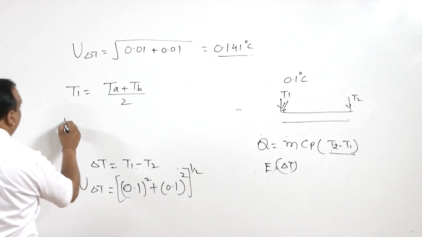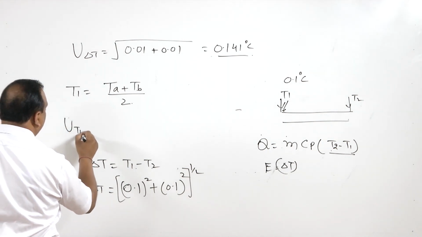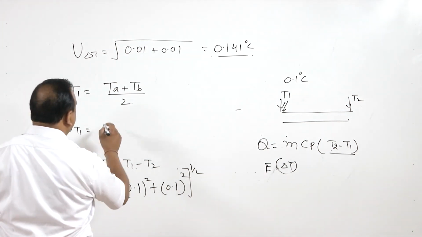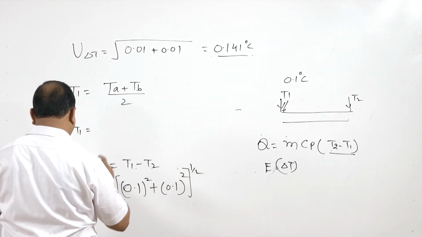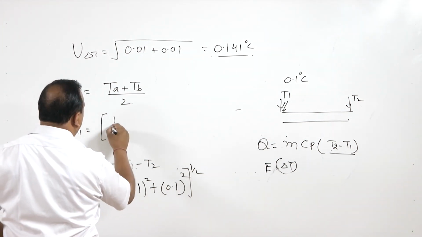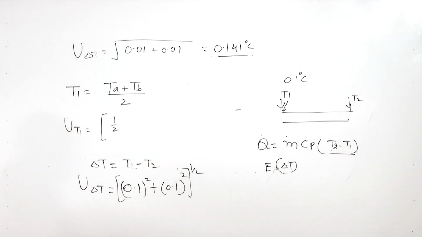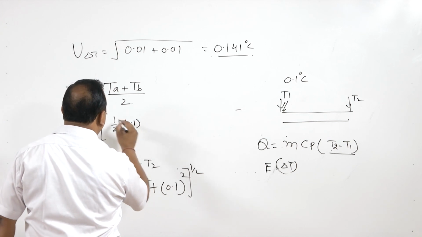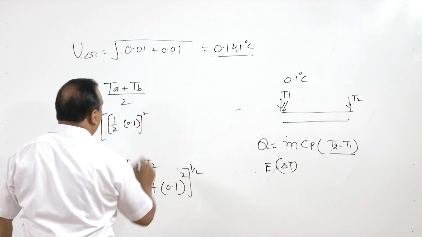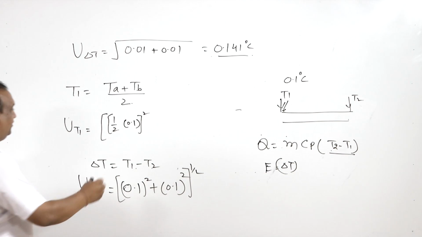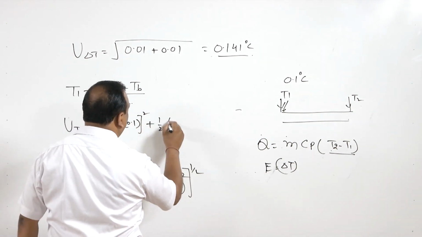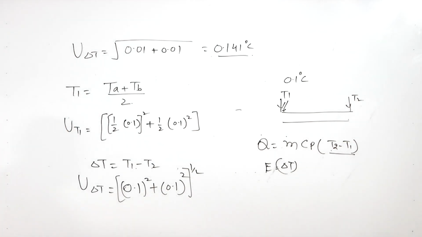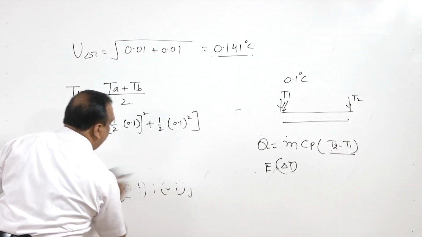So uncertainty in the measurement of T1 is going to be equal to half, a1 is half, and uncertainty is 0.1 square plus again half, 0.1 square. Fine. And then we get